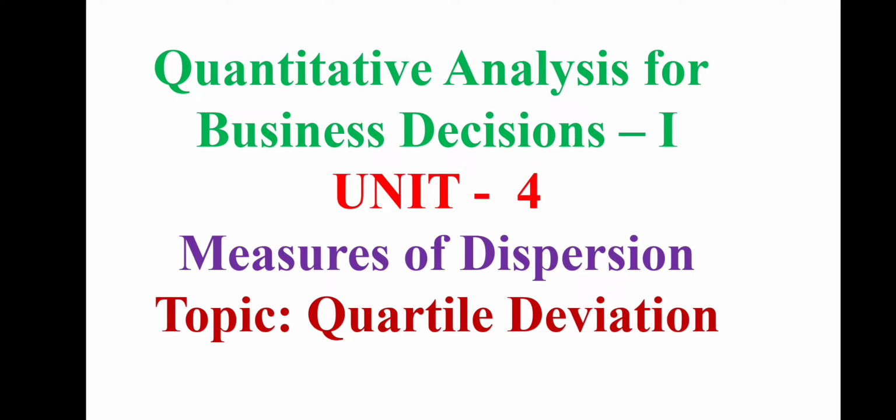Subject is Quantitative Analysis for Business Decision, Unit number 4, Measures of Dispersion. Under this topic is Quartile Deviation. This subject will come under the Bangalore University second semester BCom and second semester BBA courses. Now I am going to explain Quartile deviation, meaning, definitions, formula,